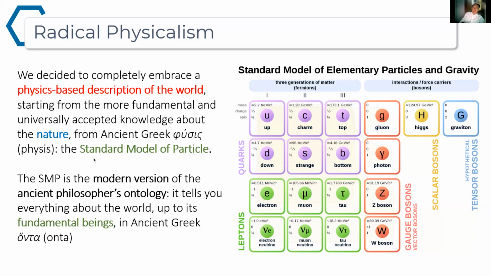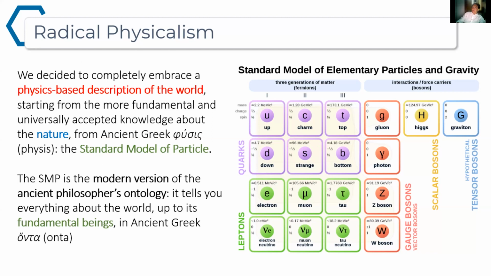So we started to create a logical system in which everything can be decomposed up to the elementary particle level. So our logical system is something that helps you to navigate through the different levels